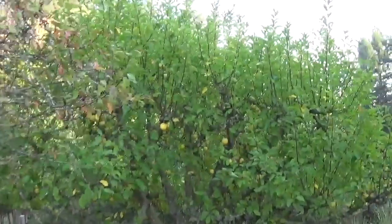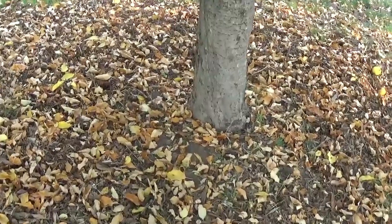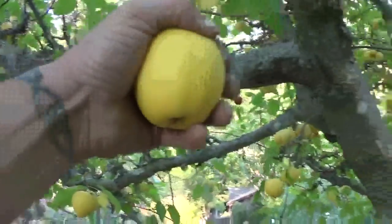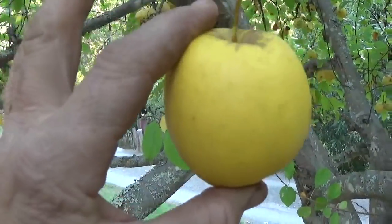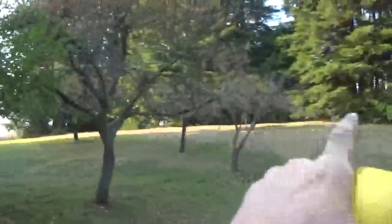Look at the apple trees. It takes a while for an apple tree to get looking like that. So there's all kinds of possibilities. These are probably, because of the age, a golden delicious. And it is November, and look at them. That's probably a true Washington golden delicious. These are one of the ways that Washington became an apple state, was by perfecting strains that would be ripe now and not in the middle of summer. See how there's other trees completely bare, but these...